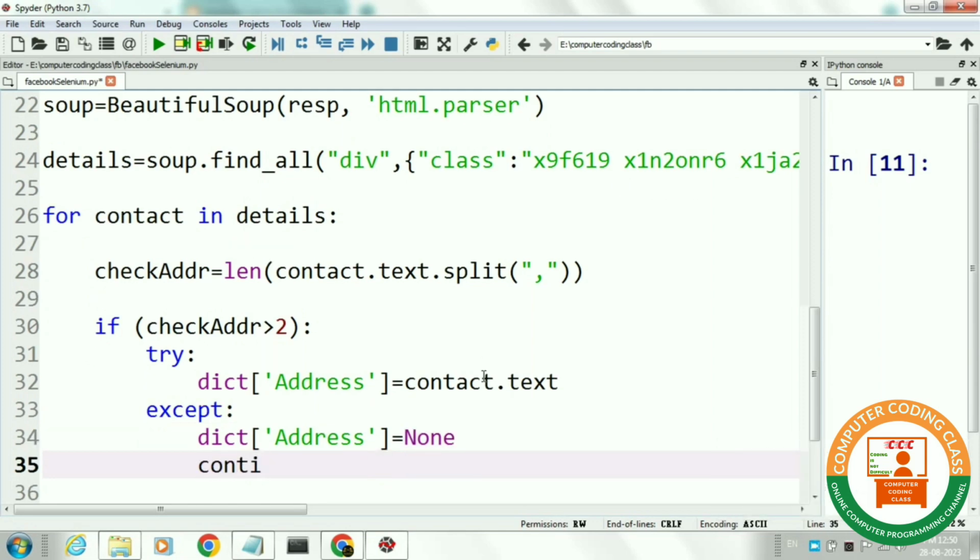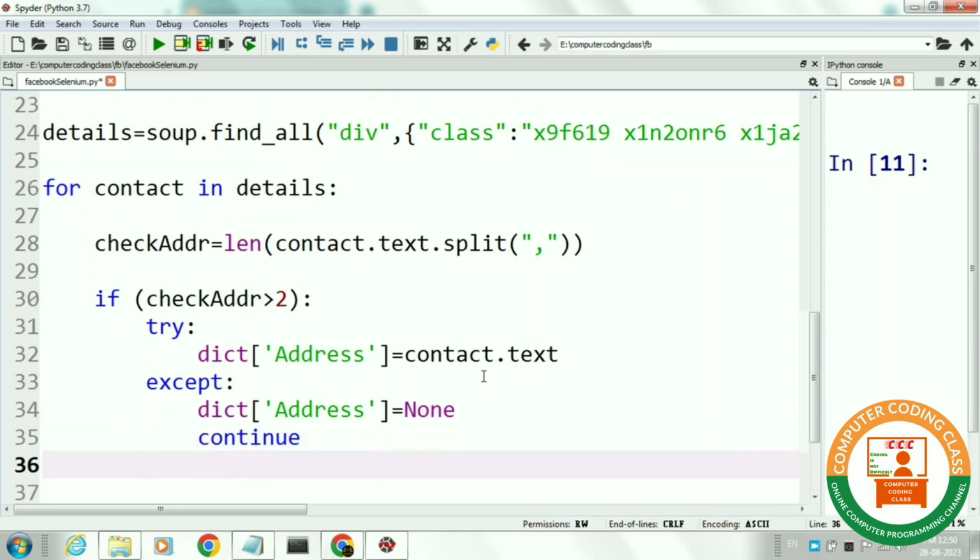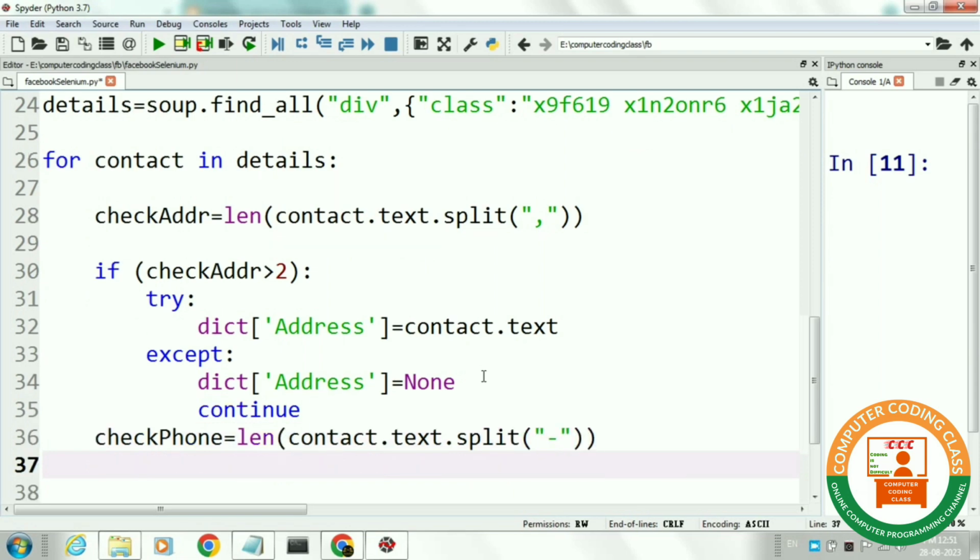Next, again we will read each word of the details by using a for loop, and if any word has more than 2 digits, then it means that word has the phone number of the Facebook page.